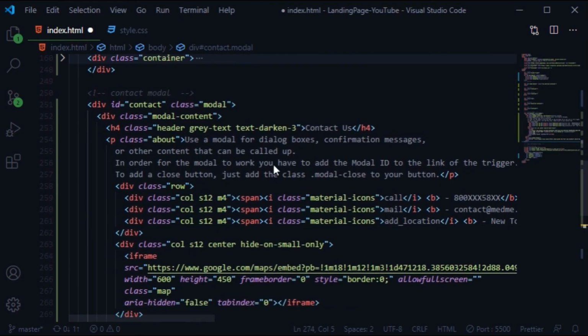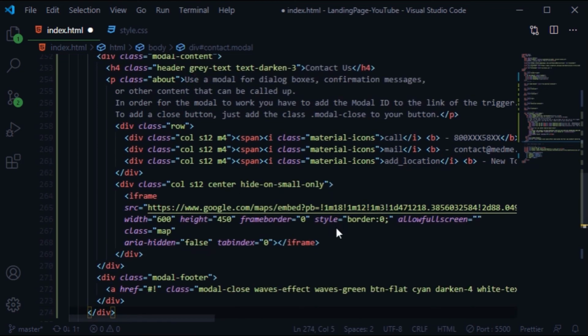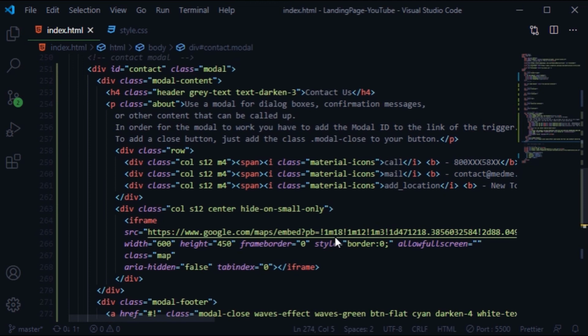and as you can see we have a modal here with id contact and modal class also. So yeah, it's with contact us and the paragraph and some row with column, with division and column and with icons, and this is the Google Maps actually, but I'm hiding it on small devices. So if you want, you can work with it, but I just want to hide it. So let me just save this,